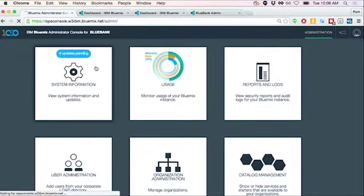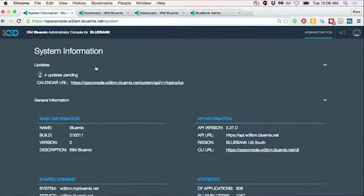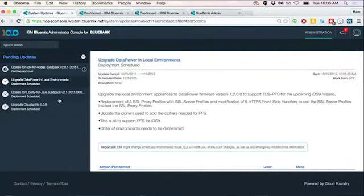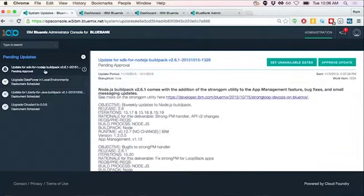One of the big things we had to innovate around is how to push updates. For public and dedicated, they're on our data centers. We update them constantly with the latest versions of the software, both from us and open source packages that we're running for you. But on Bluemix Local, we needed a different way to engage the enterprise to be able to deliver updates when they wanted it, in a time frame that was consistent with their policies. So you can see here at the top, I can go in and look at updates that we've pushed as IBM through the relay down to the Bluemix Local environment and that are scheduled to be updated at the time the company has decided. In fact, here's a new one that's ready that is an update for a Node.js build